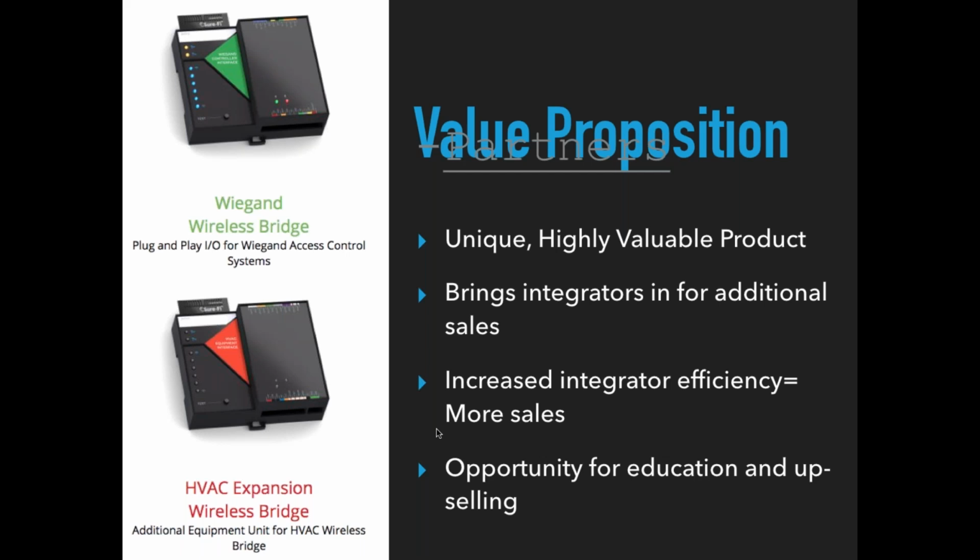All right, so we talked a little bit about this already. We also wanted to point out the third bullet point was increasing integrator efficiency for more sales. All right, you guys, you know how much wasted time you have. You get out there,